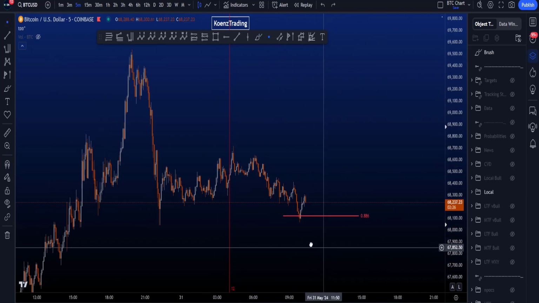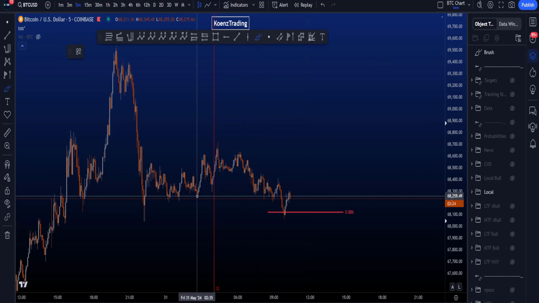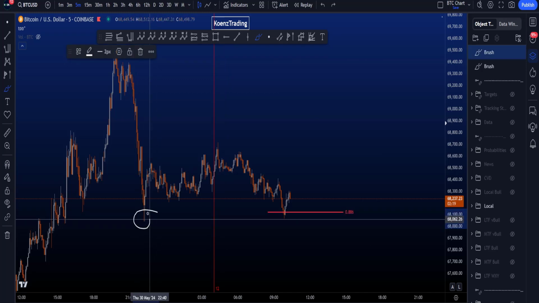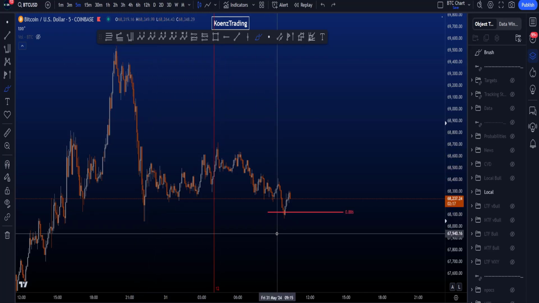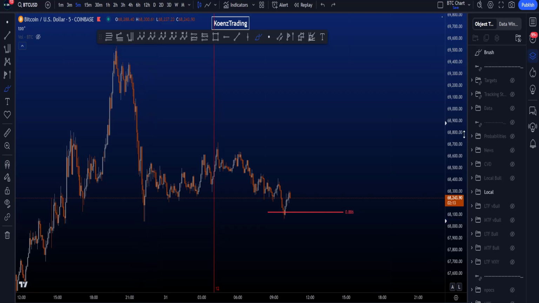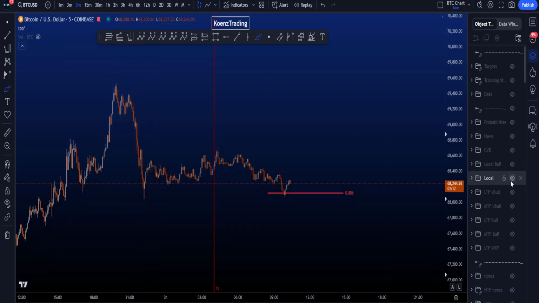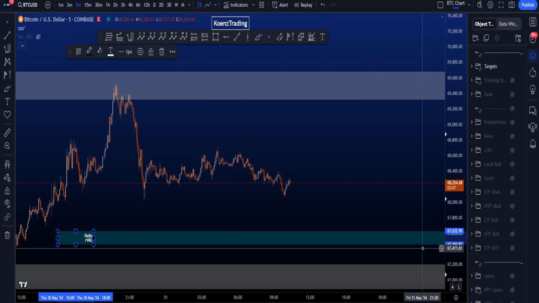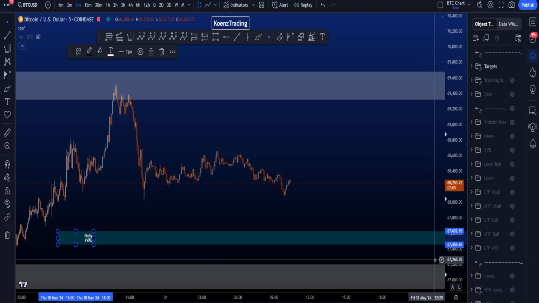But that depends on the reaction you then get if price is moving to the downside. Now we also hit the 886 taken from the low to the high, which increases the probabilities that sooner or later price will take out this low, and then we can observe what happens. We do have some support to the downside, which is the blue box here, sitting between 67.6k and